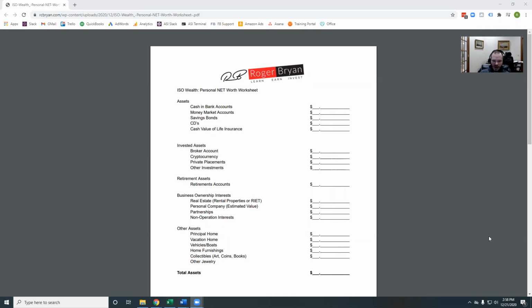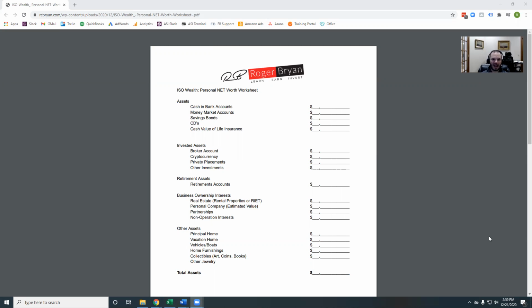So first off are your assets. This entire sheet is assets. Again, items are condensed. If you are an entrepreneur and you have your own business, I am going to ask that you kind of combine some of the elements of your business with other assets. So for example, if you have cash in a personal checking account, savings account, and cash in a business account that's not currently allocated towards some expense or future need, then when we talk about cash and bank accounts, just put it all together. Again, I'm trying to simplify this so that we can get to a good starting point.